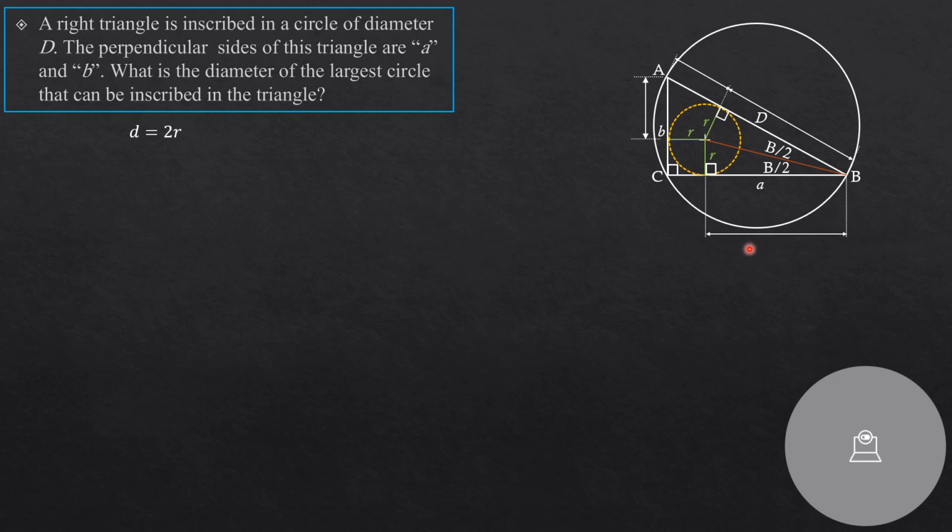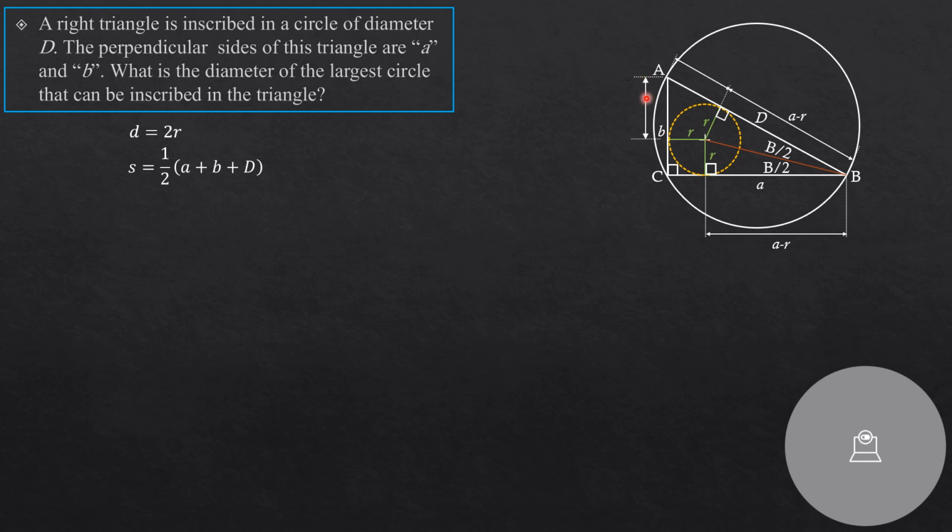Diameter is 2R. So that is A minus R, and take note that half of the perimeter is denoted by S, and it is 1/2 of the perimeter, and the perimeter is A plus B plus D. So this is A minus R. This is also A minus R because we have identical right triangles here with common hypotenuse. Opposite is R, opposite is also R, so over hypotenuse, so that proves that these two angles are equal. So that's why this line is the bisector of that angle. So that's also A minus R.